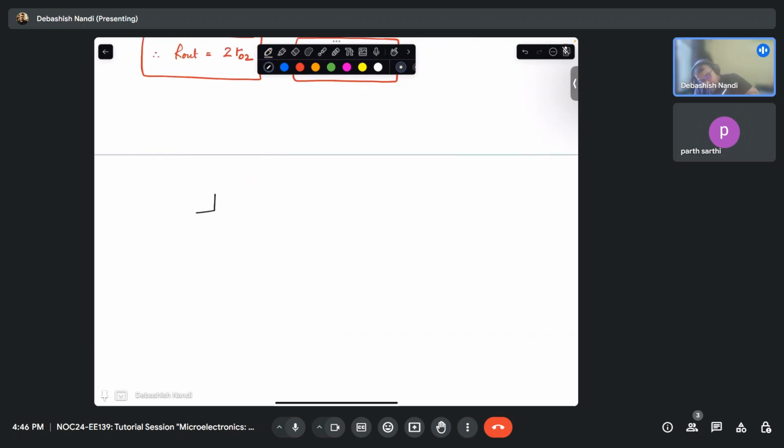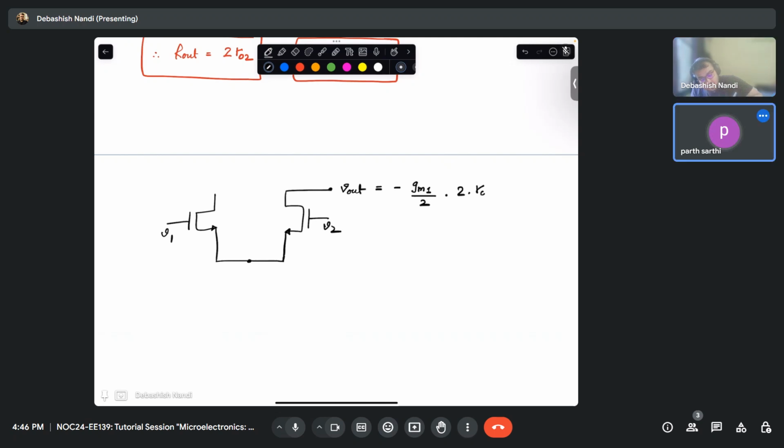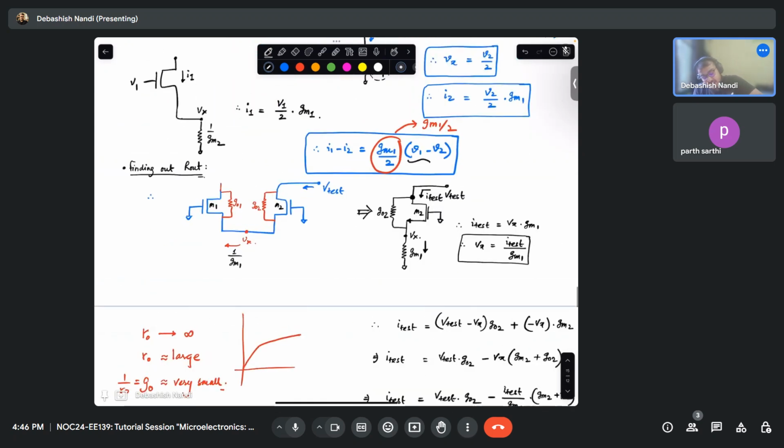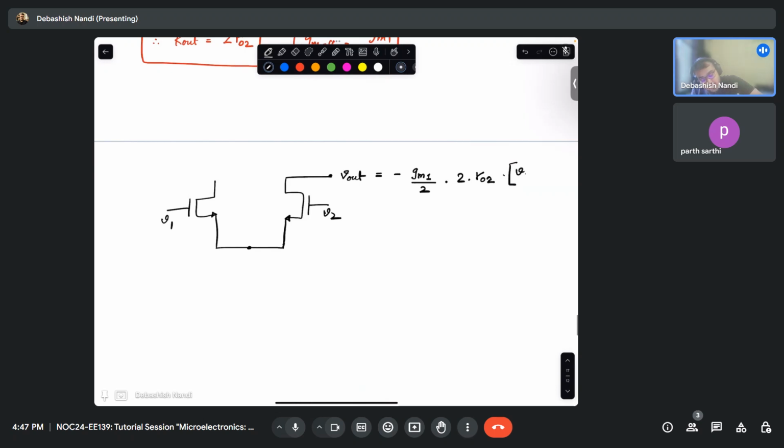So this connection, V1, V2, and here your V out. Your V out is nothing but minus GM1 times GM1 by 2 times 2 R02, or R01 in that matter, times your input voltage, right? This is V1 minus V2. So it is what? It is nothing but GM1 times R out times V1 minus V2. So this is a common source amplifier